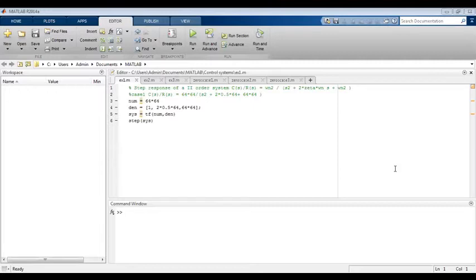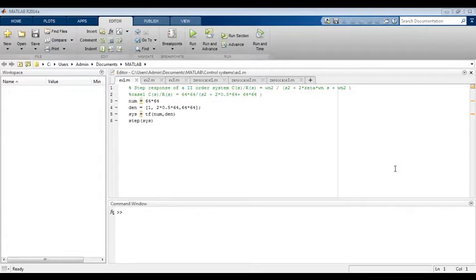But next, how to simulate? The next 4 lines that we have specified here are the MATLAB program. Simple programs. When you have to get the transfer function of a given system, theoretically you just write C(s) by R(s) is equal to whatever it may be. But how to simulate in MATLAB?